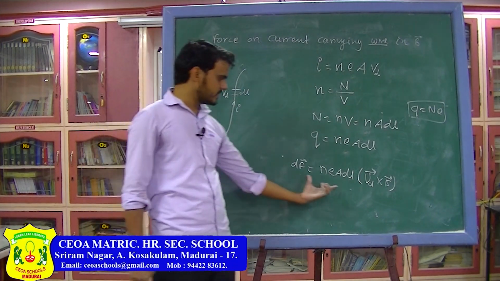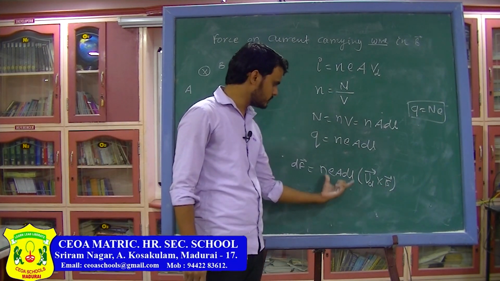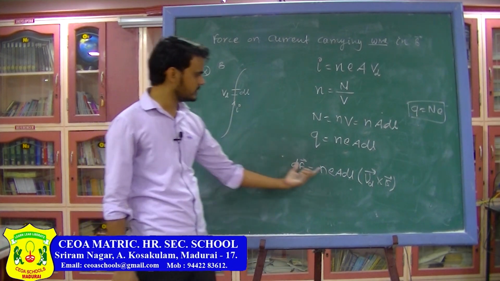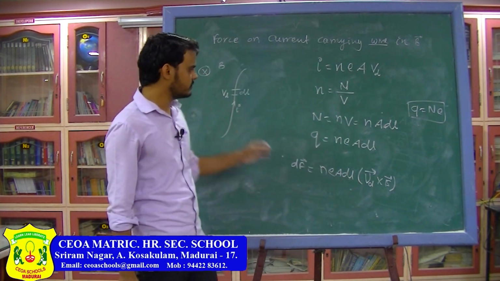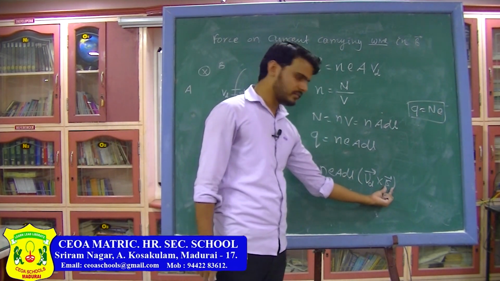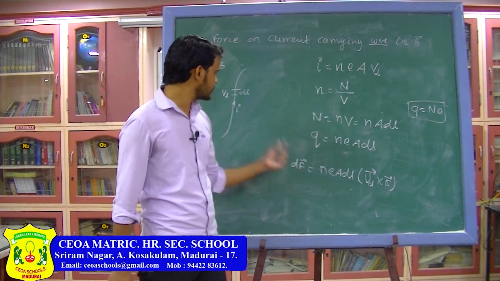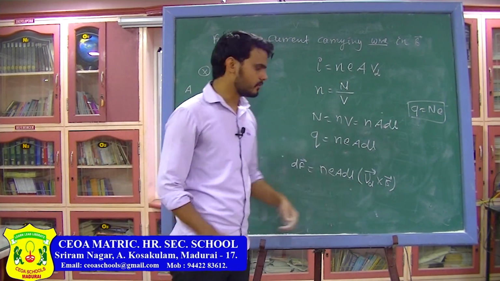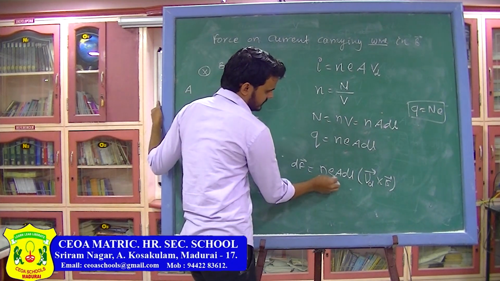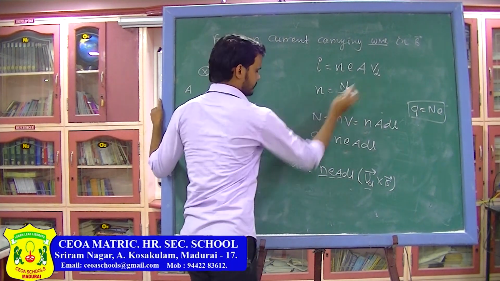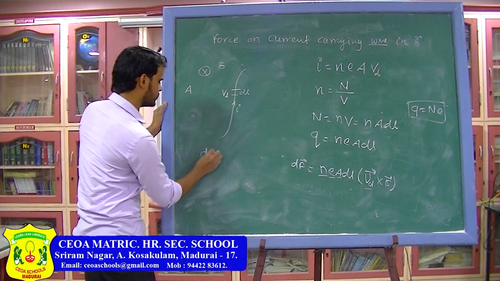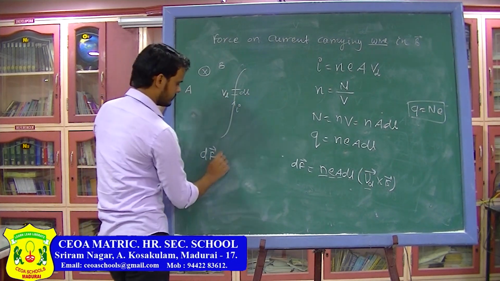Force on a moving charge can be written as Q V cross B. So here the total charge in this very small section is this, and all of the charges are moving with this velocity, and the magnetic field is this. So the very small force on this small section will be this. Now here I can write this part N e A V_d as I. So here the total small force on this section will be